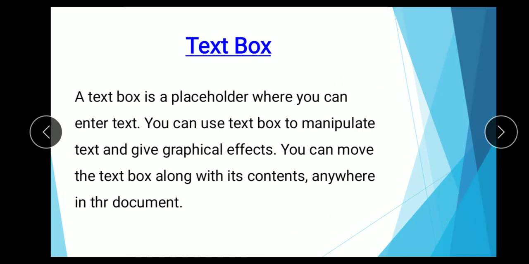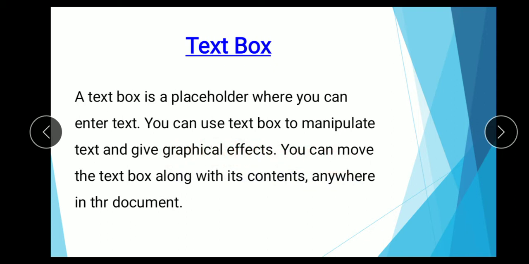Text box. A text box is a placeholder where you can enter text. You can use a text box to manipulate text and give graphical effect.